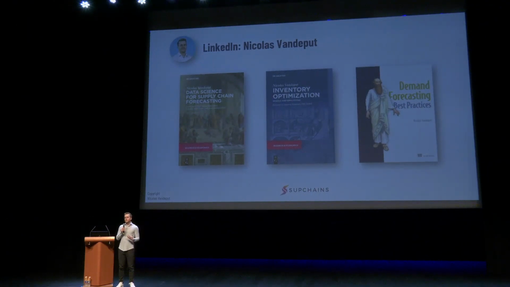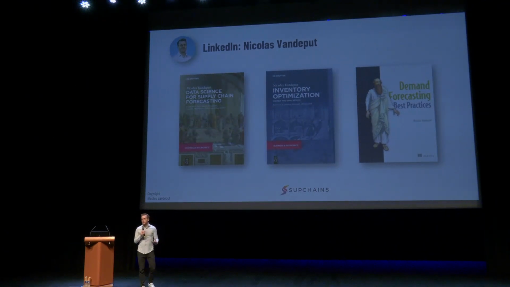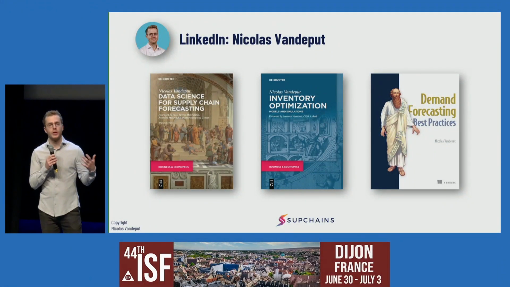So I started to interest myself and to go deep into supply chain planning, demand planning, and inventory planning around 2016. And around 2018, I started to use machine learning to forecast demand. So 2018, it's a long time ago, that's 6 years ago. Back then you had no ChatGPT, you didn't have a lot of resources online on how to do it yourself. So it was kind of difficult, you had to try things on your own, and maybe it worked, and most of the time it doesn't work.